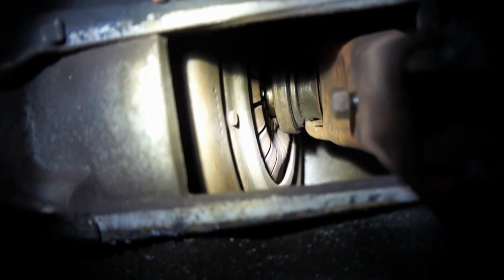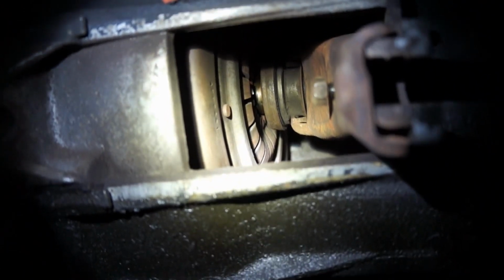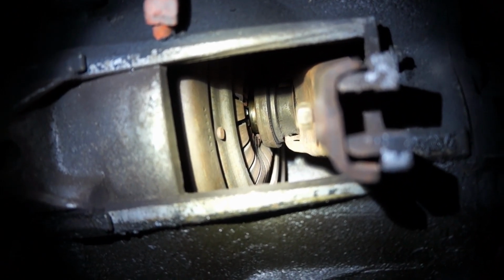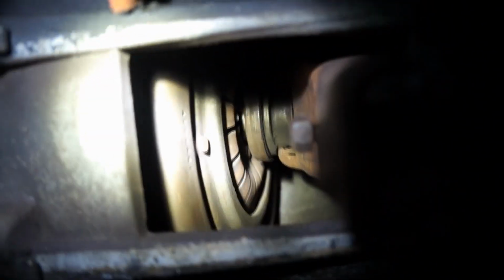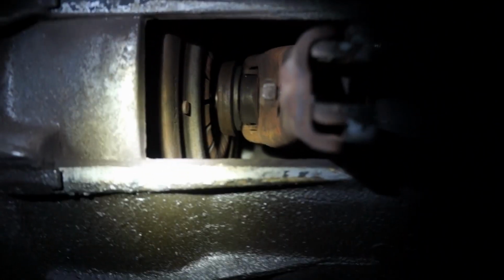That is why we have to modify the bracket to be able to use the slave cylinder on this particular setup. On all of the clutches I've used on my car, the fingers were always outward. So the resting position of the fork was more or less this close. See, it's not a huge gap, probably 3/8, half inch max, but it's a huge difference for the geometry